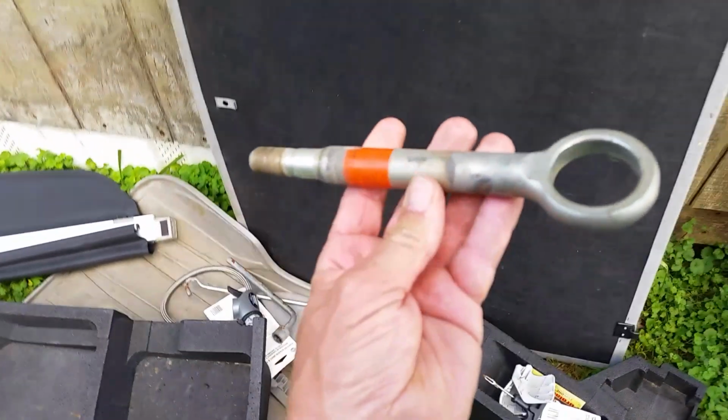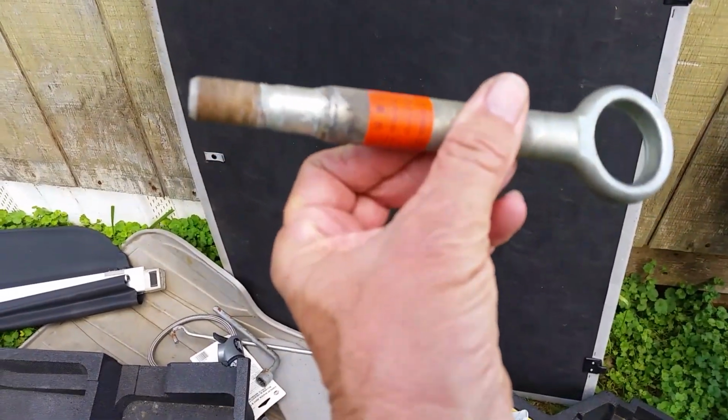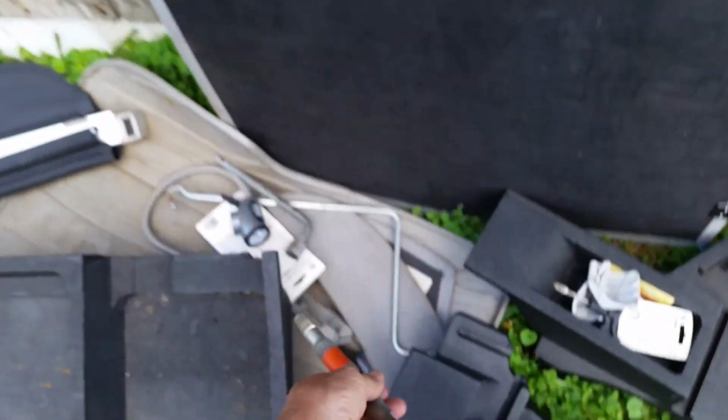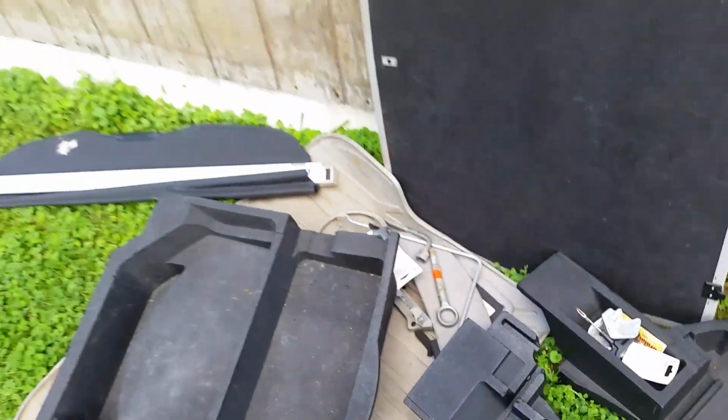And I actually found out this is some kind of a tow hook. You hook to the front or the back, you screw this in, and I guess you can tow the car with it or something. Pull the car out of a ditch. Out of a hole or a ditch or something. Alright, let's go ahead and